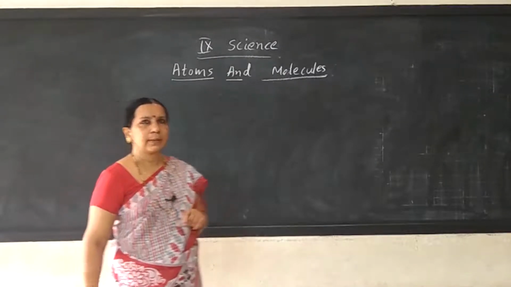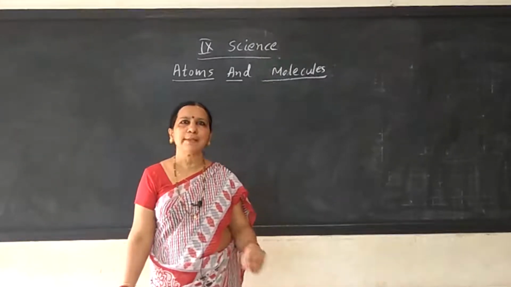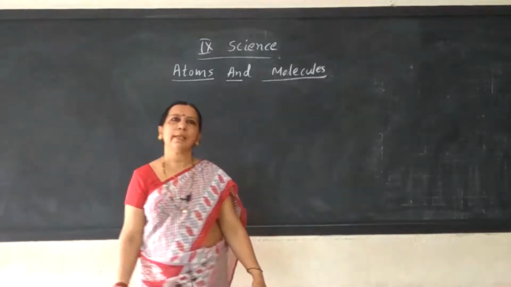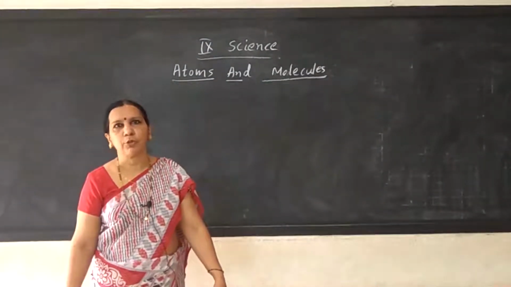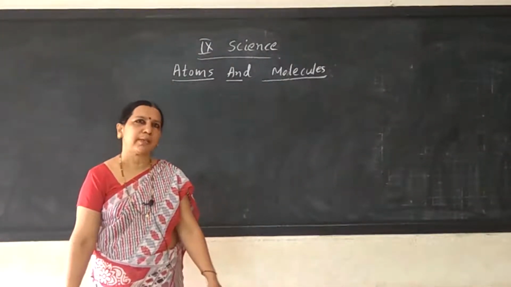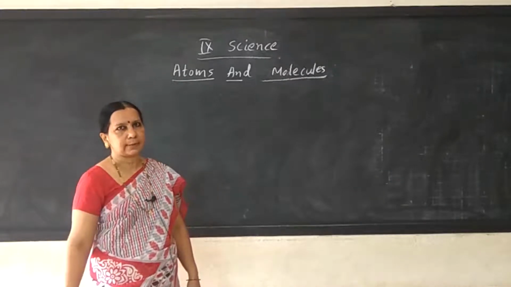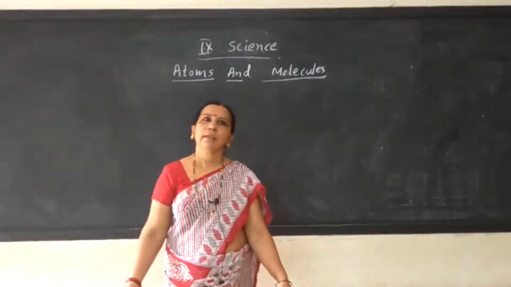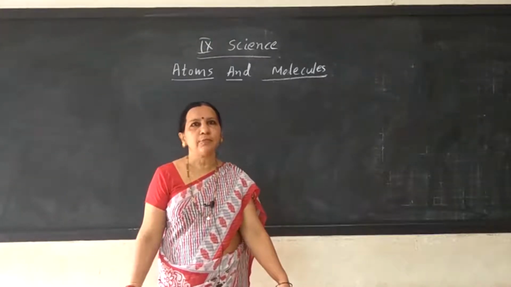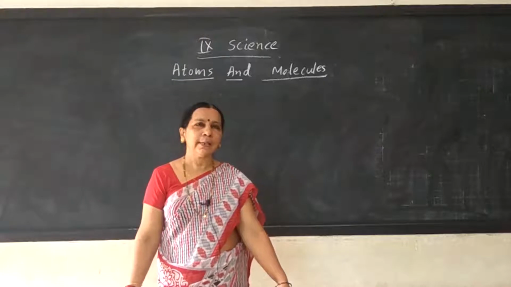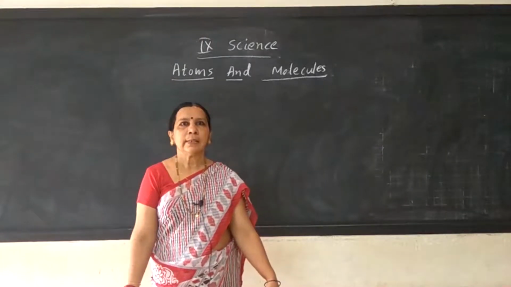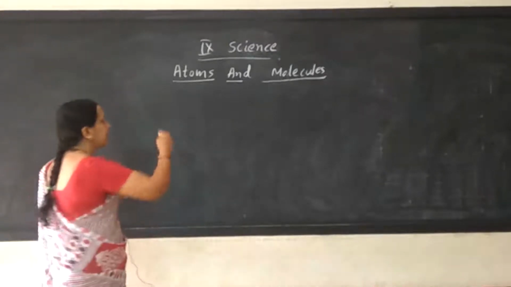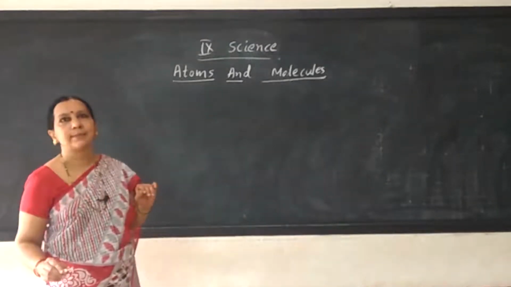In this class, let us learn about the two laws of chemical combination formulated by Antoine Lavoisier and Joseph Proust. After many experimentations, these two scientists formulated the two laws of chemical combination. You have learned about these laws in 8th standard. Let us recall in this class once again. What does the first law of chemical combination state?